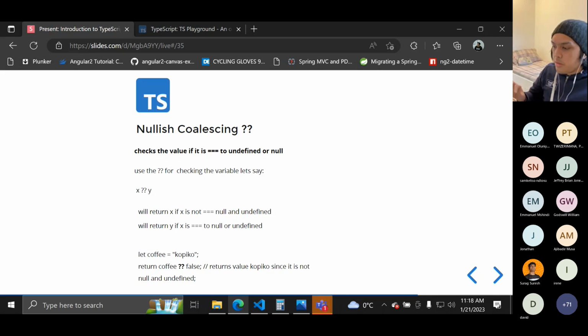If it has a value, it will return the value of the coffee. But if it doesn't have a value, or it's undefined or null, it will return false. That's the basic concept of nullish coalescing. Instead of using an if-else condition or a more complex way of writing it, we just use nullish coalescing. This is more convenient for developers.